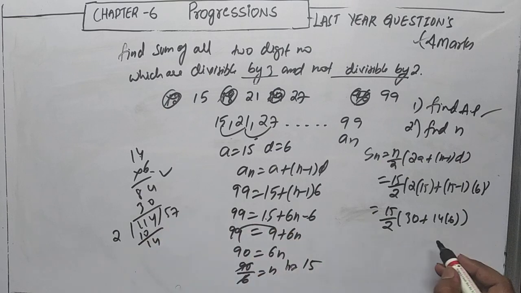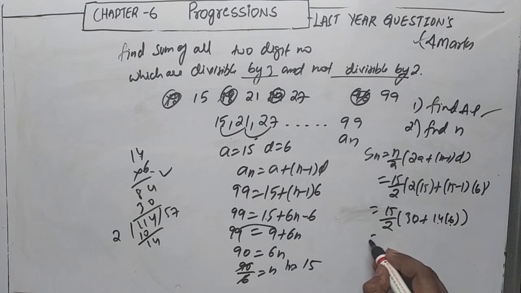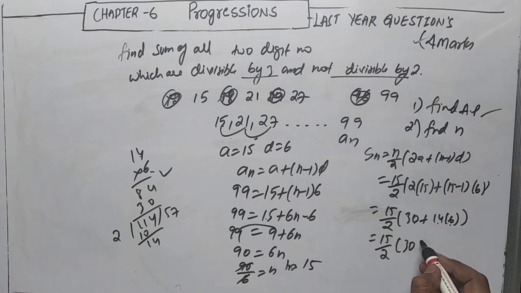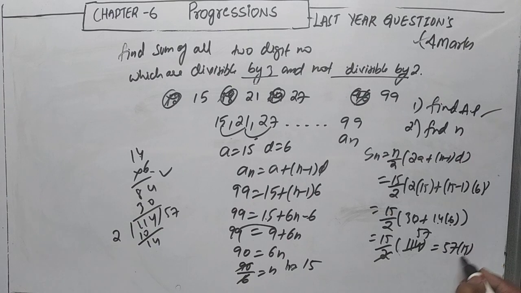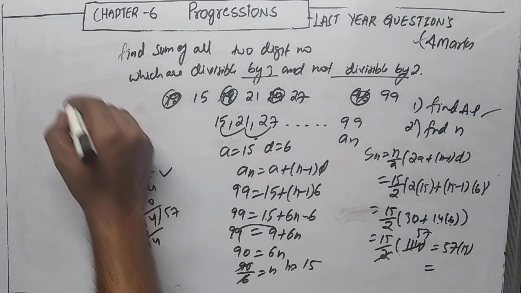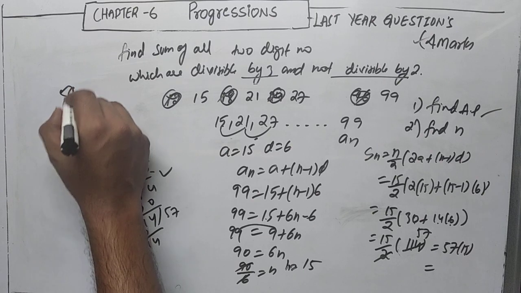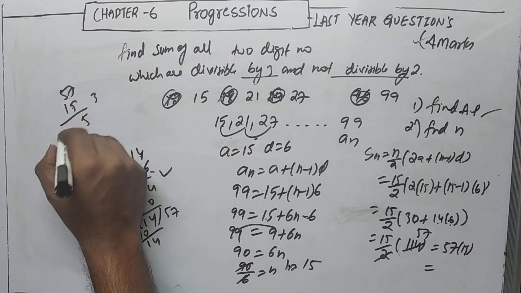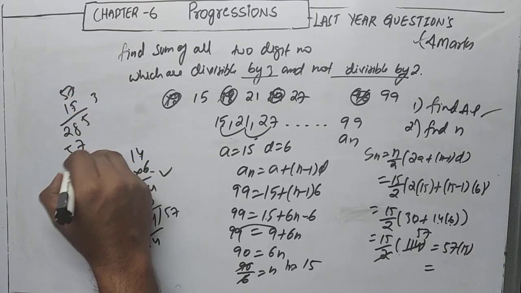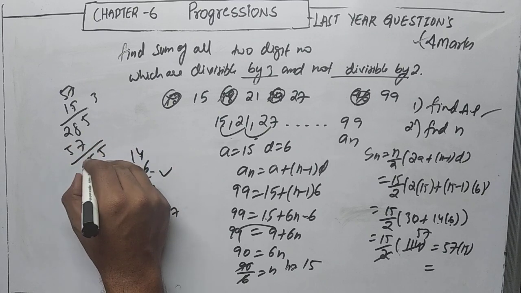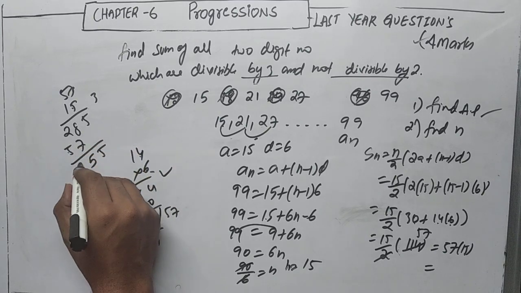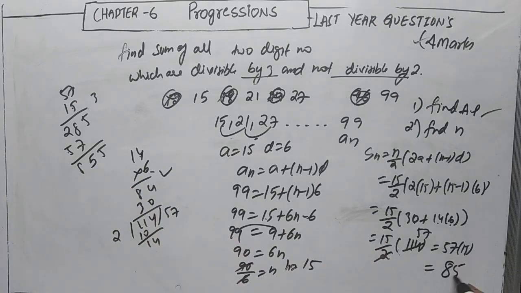If you add, this is 30 plus 84. So if you add both, we'll get 84 plus 30 is 114. If you divide this with 2, we'll get 57. Next, it is nothing but 57 into 15. If you multiply, we'll get the answer. 7 5s are 35, carry 3, 5 5s are 25, 28, 57. 5 8s are 15, 5 6 7. Okay, so 855 is the answer for this.